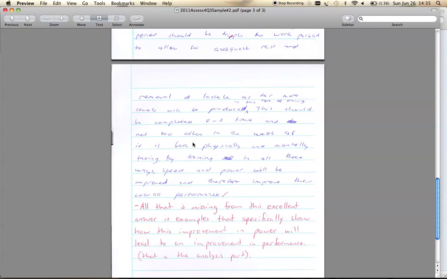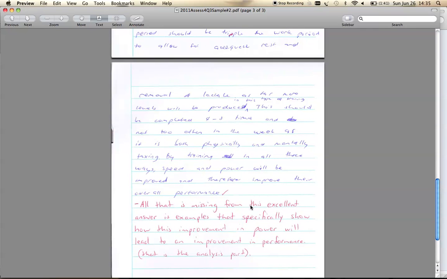So very, very good answer in theory, but as you can see from my comment here, he just hasn't given any examples to show the final step, which is how this improvement in power will improve performance in particular events. And I've written there, that's the analysis part. So again, it's a 3-step analysis. You're saying, what are the athletes doing to improve power? How does that improve power? How does that improvement in